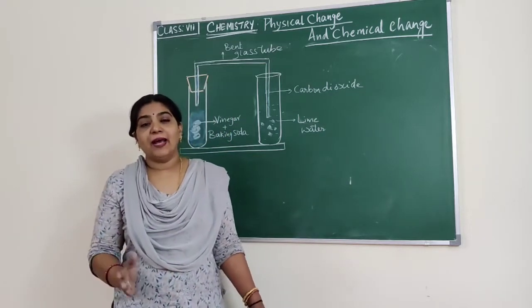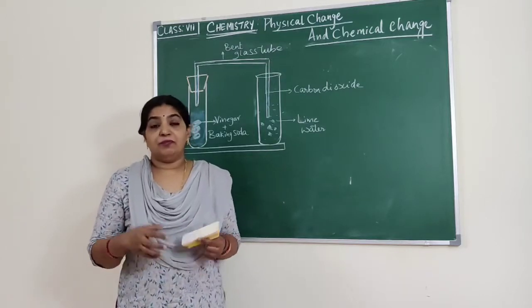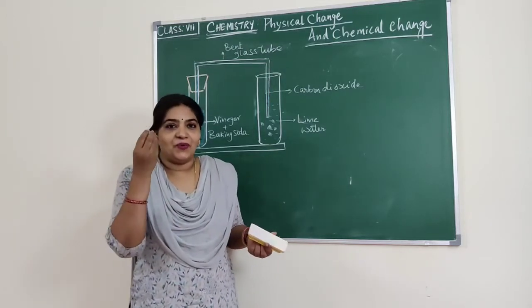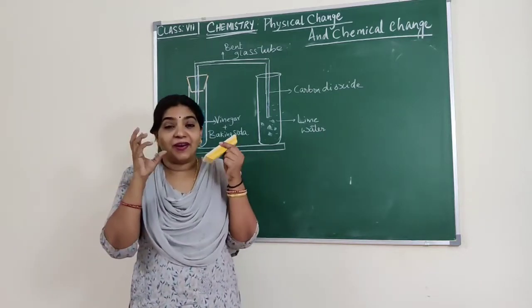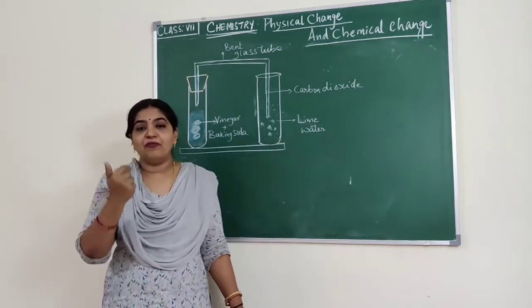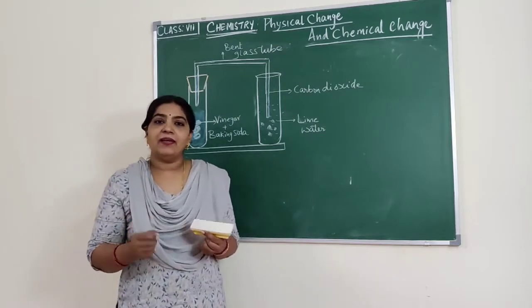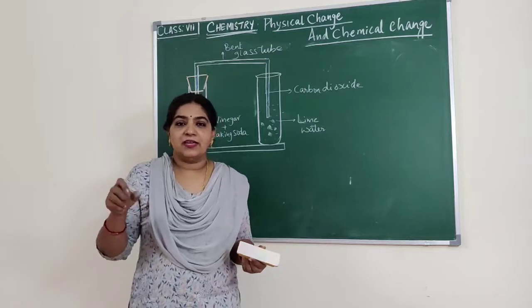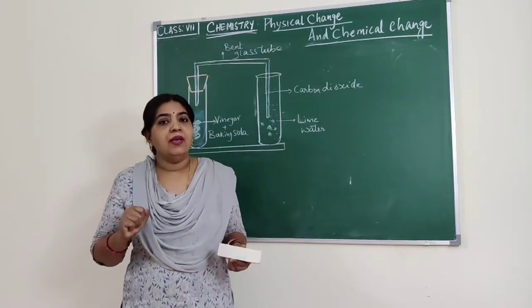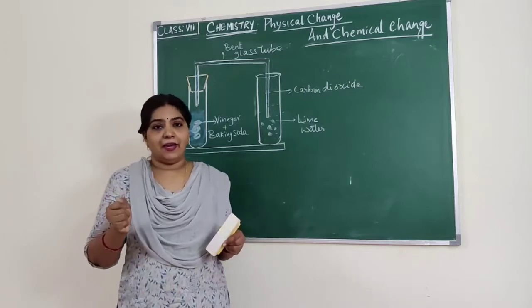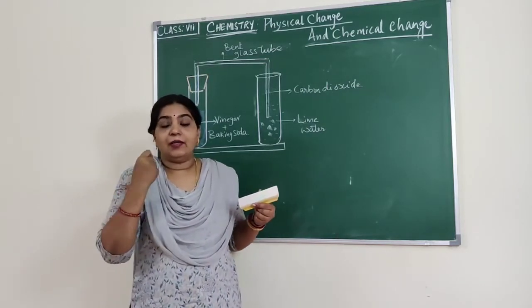Understood what happens when magnesium reacts with air. It burns brightly, and I hope you have seen that magnesium burning and forming that dazzling white light, right? Forming magnesium oxide. Then I dissolved magnesium oxide in water. When magnesium oxide is dissolved in water, what happened? It formed magnesium hydroxide. And I just showed you litmus paper.